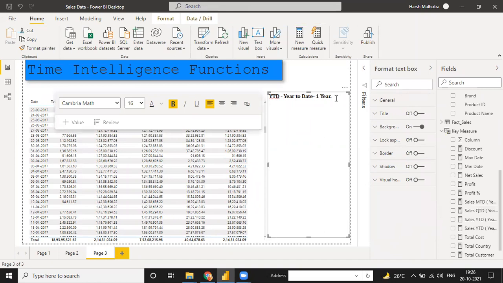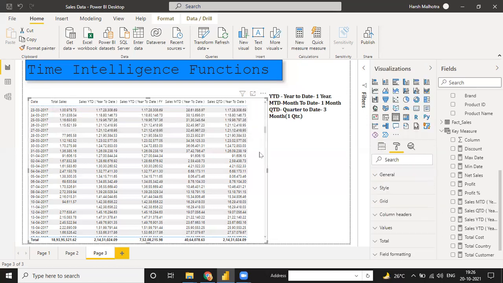We don't use that kind of time intelligence dates YTD for HR data, but yes, for HR data we are going to use YOY. I will tell you why YOY. So MTD means month to date, and it's for 1 month only. QTD means quarter to date, and it's for 3 months, or you can write it here as equal to, it is for 1 quarter. Okay. So any other doubt in this?